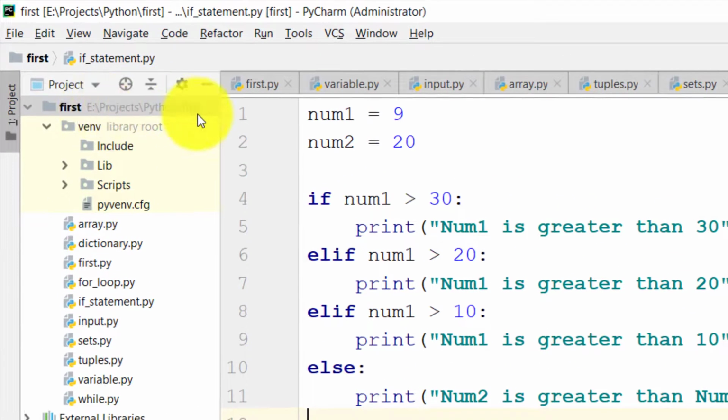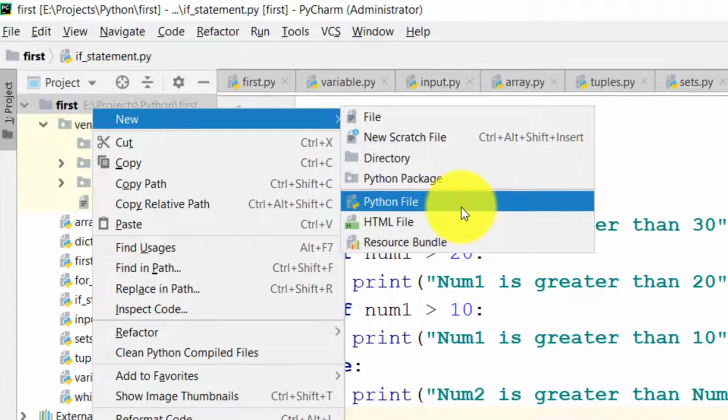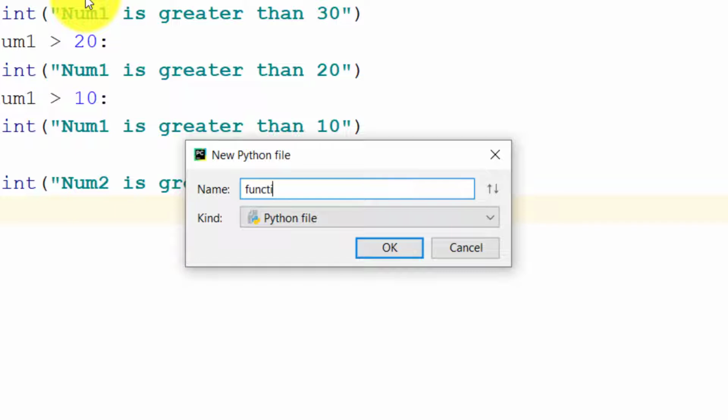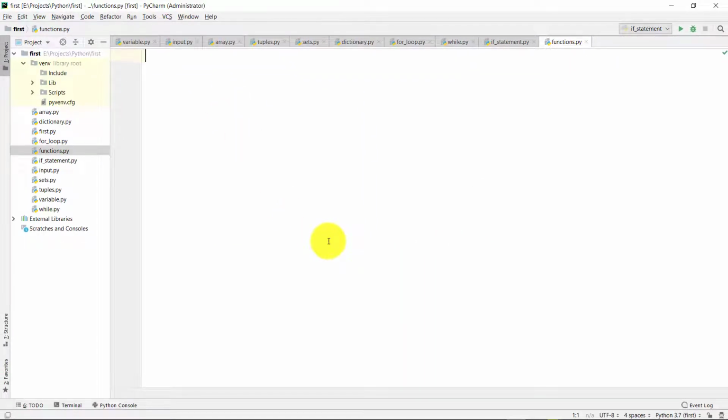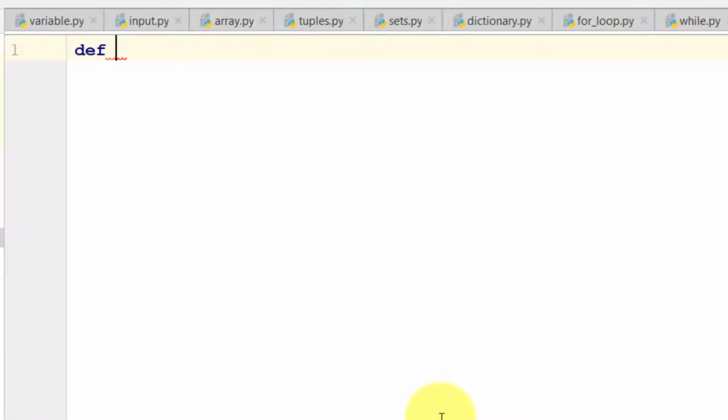Let's start by creating a new file. Functions. Function blocks begin with the keyword def followed by the function name and parentheses. And for this we will print